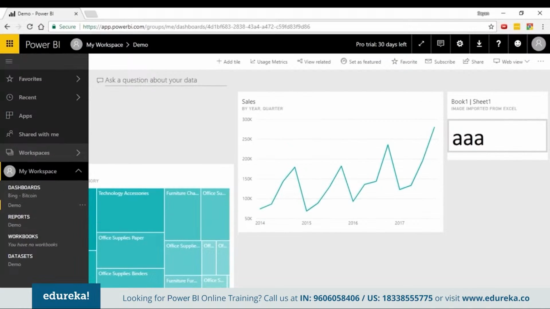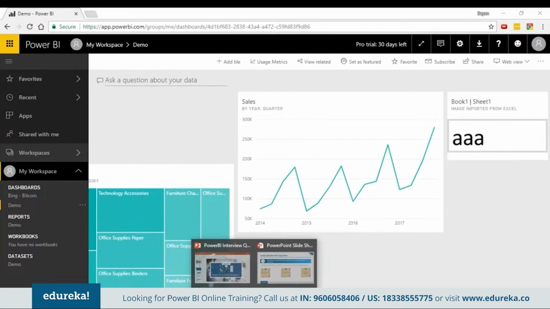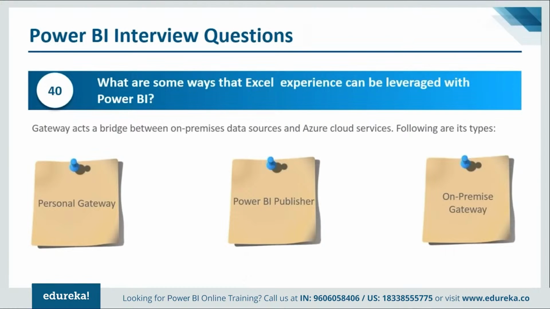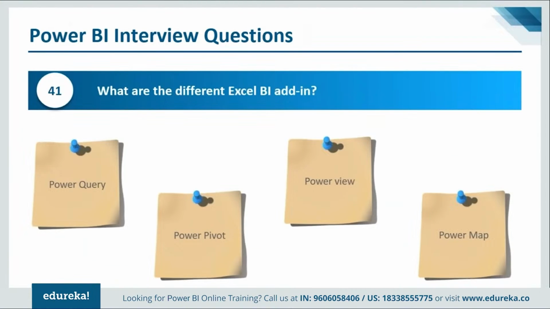You can see how these two environments, Power BI and Excel, are talking to each other. It's very important that you mention some of these use cases as examples. If you can highlight some of these things, it'll be really appreciated rather than just giving a theoretical answer. So give some of these examples and use cases. These are the Excel BI add-ins. I spent a lot of time discussing this, so do mention a very brief summary of all these different tools that you have.